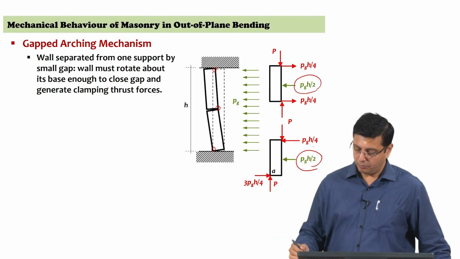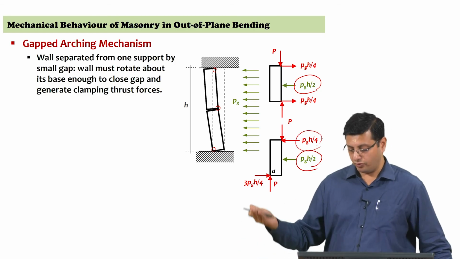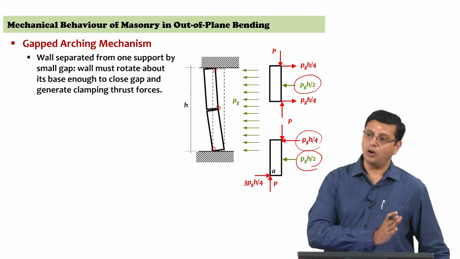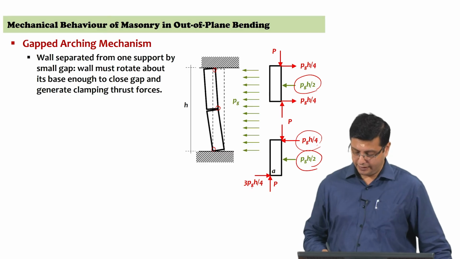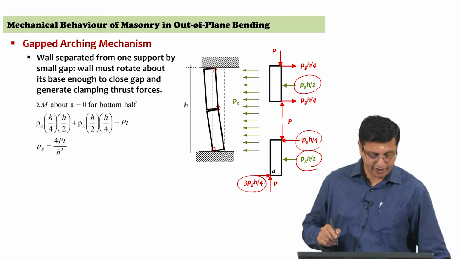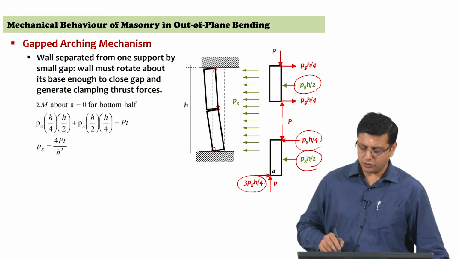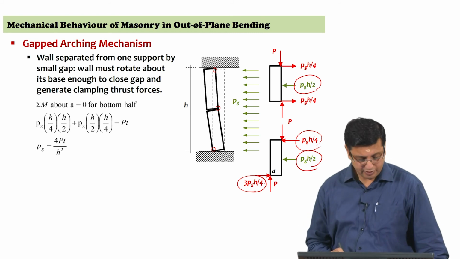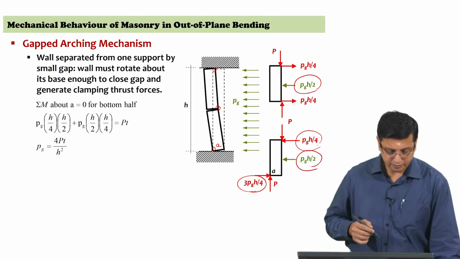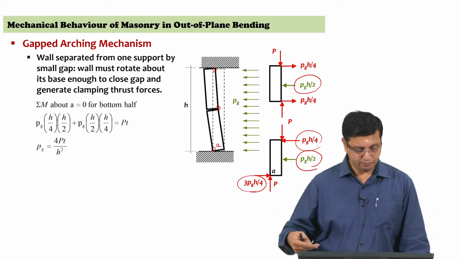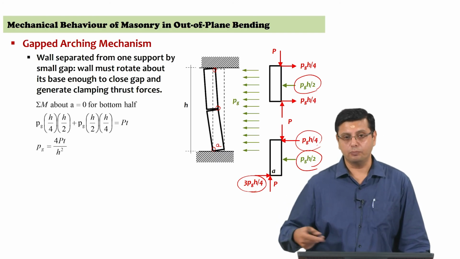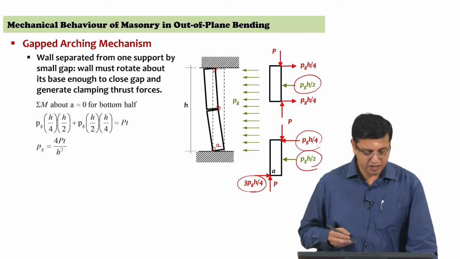The bottom block will also have Pg into H by 4 on the windward side, whereas you have only one contact point on the hinge on the leeward side, and therefore, by equilibrium that will be 3 Pg by 4. And now, this is the system that you have, and if you were to take the equilibrium again at A, but now A is the bottom hinge, then you have Pg into H by 4 into H by 2 plus Pg into H by 2 into H by 4